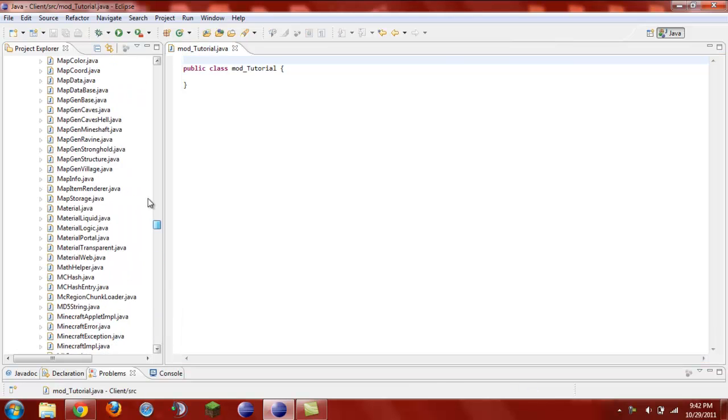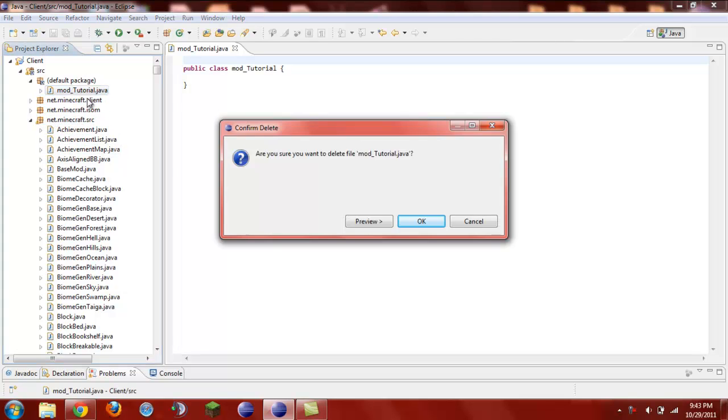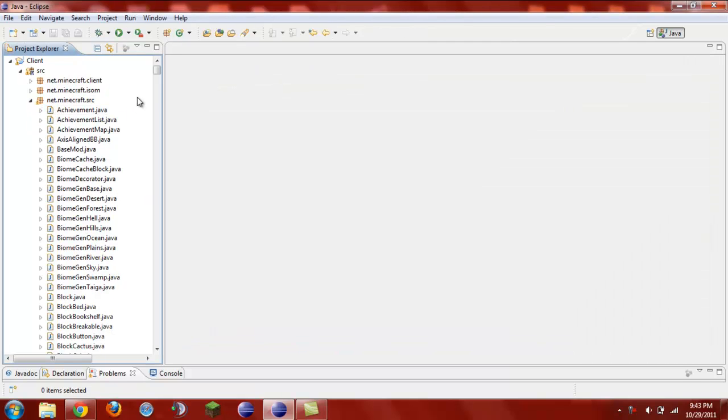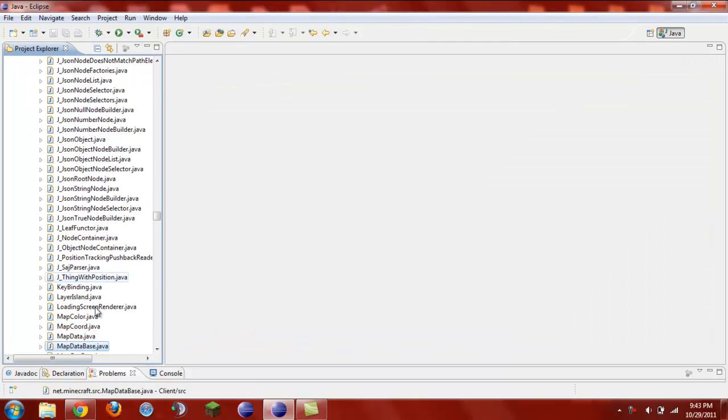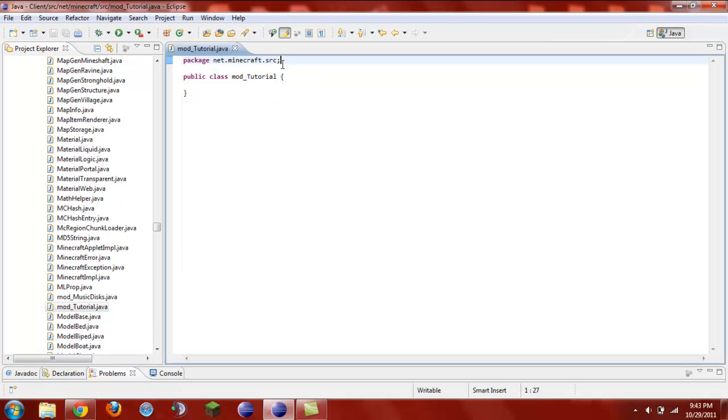And it appears that it has just put it in the default package for some reason. So, move it down to the SRC package right here and delete that. And then now come down here and find it in the SRC. There we go. Alright. So now under package, do import